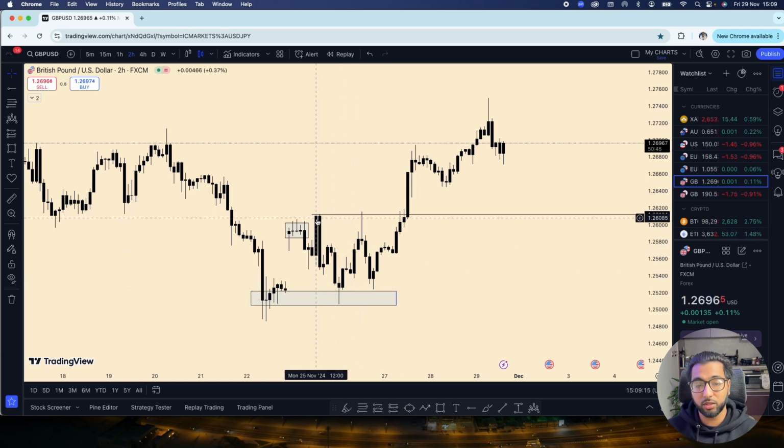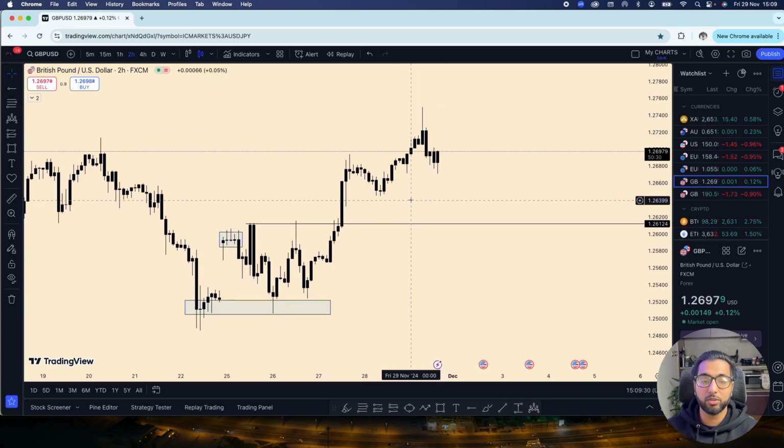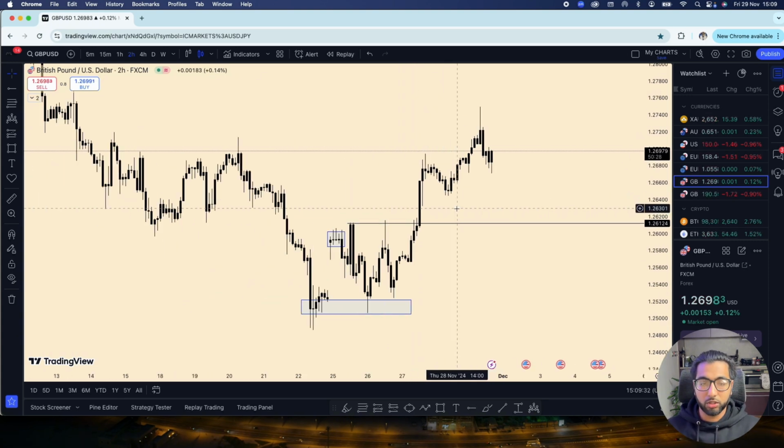Why? Because this is liquidity. This is a strong liquidity. And so price goes right back up, stops them out, comes right back down to these lows, stops these out, and then goes right back up. Oh guys, it's just too easy. The market makes it too easy sometimes, right? And so you need to just be on the right side of the market.